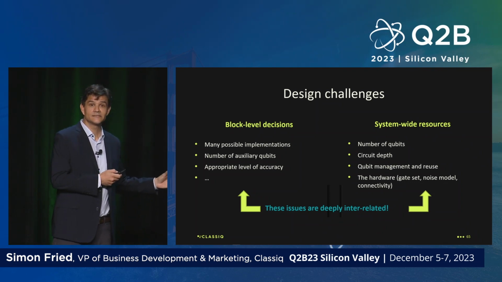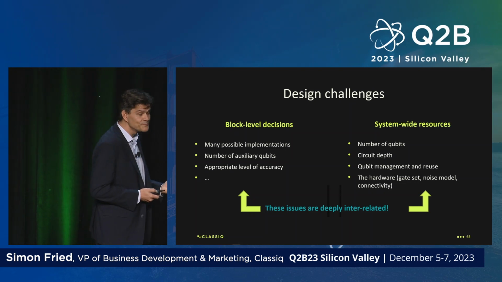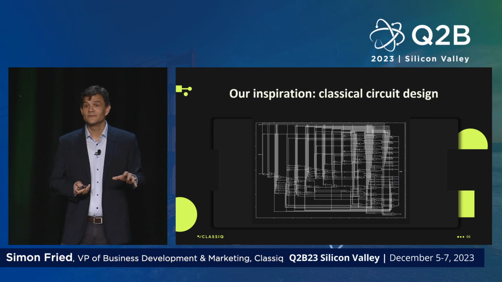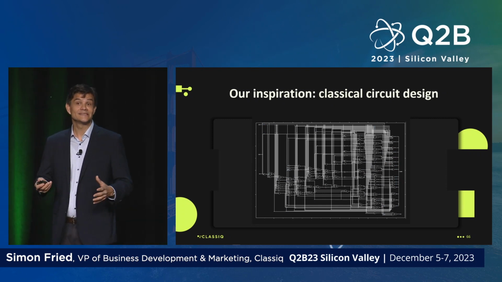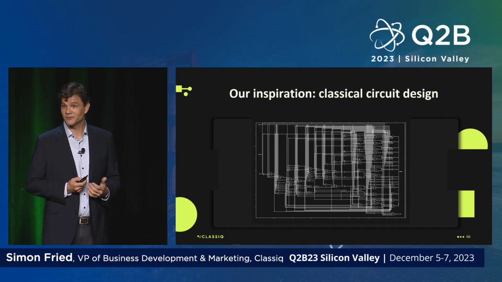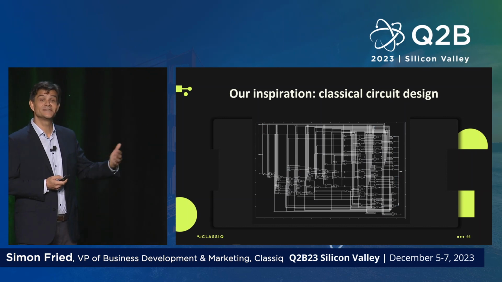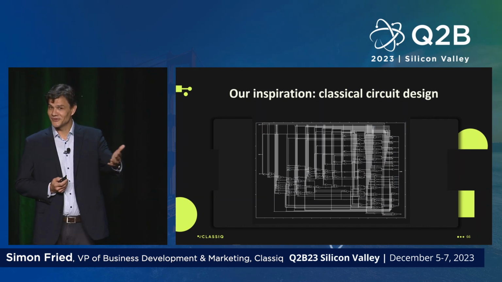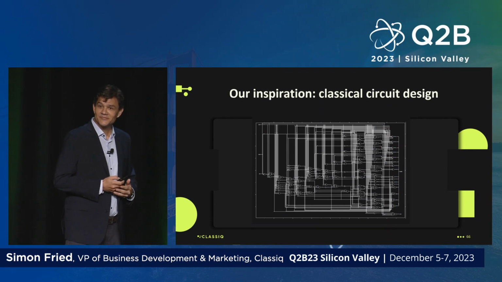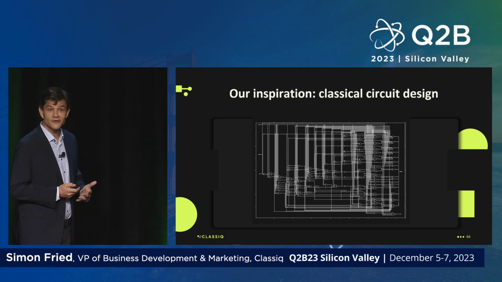And so what Classiq is doing with our approach to, really a new approach to coding, is to change that dynamic. And again, the name of the company is Classiq, inspired to an extent by classical chip design. So the automation of design, we're talking about the transistors that we saw earlier on, and the trillions and trillions of them that may be in this room. Designing those chips is no humanly possible task, and it's an automated one,